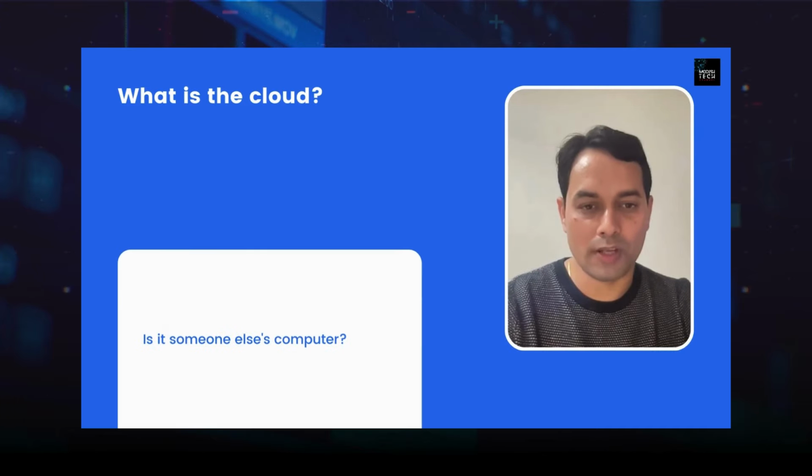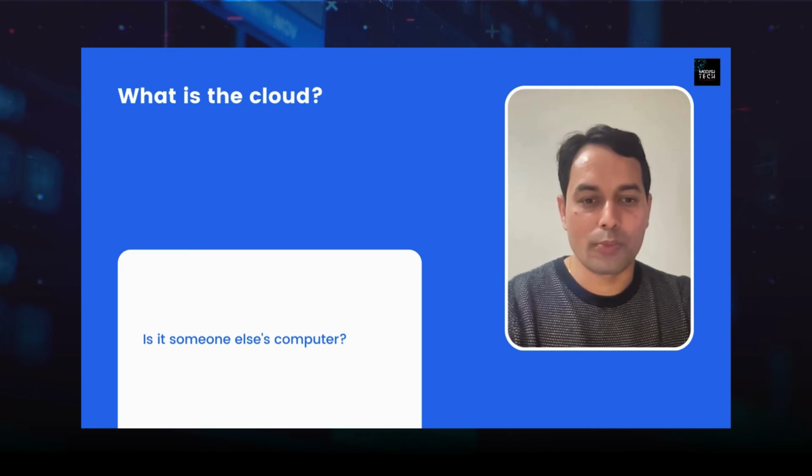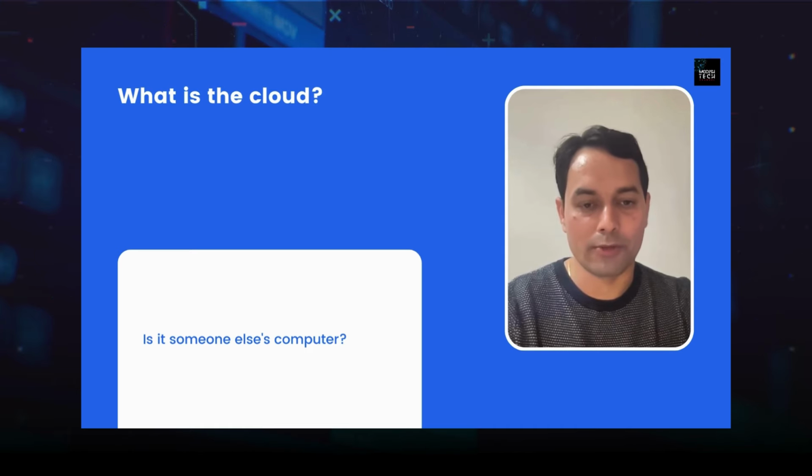Let's say you run a business, and just to make your business processes simpler and easily accessible to your end users, you are in need of some kind of business applications. To build these applications, you obviously need infrastructure. Infrastructure in the sense you need network, you need storage, and you need various other things where developers can come in, use the tools, and develop applications and give them to you.